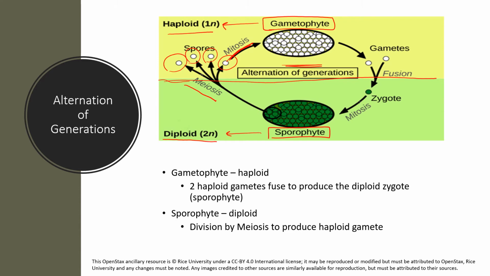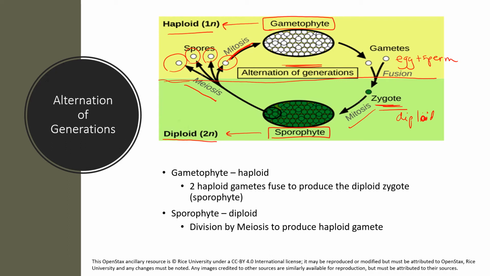This gametophyte then is going to produce gametes. So these gametes are the egg and the sperm. They're both still haploid, but when they fuse, one copy plus one copy restores the diploid zygote. Okay, and this zygote is essentially the first cell of the new baby plant, and it will divide by mitosis again to form the sporophyte.